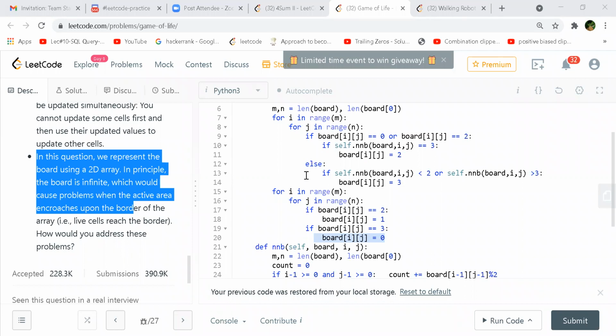LeetCode has this infinite board solution also, but I didn't get that. So that is what the infinite board solution is. They look for if it is a sparse matrix, and then they pick up all of these values which are 1. They take its coordinates only. They don't take the whole board, right? And then they form a sort of list or something like that.